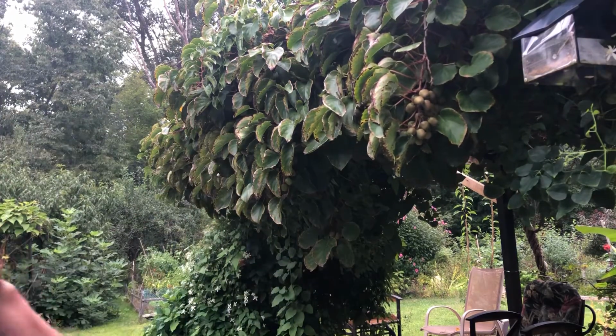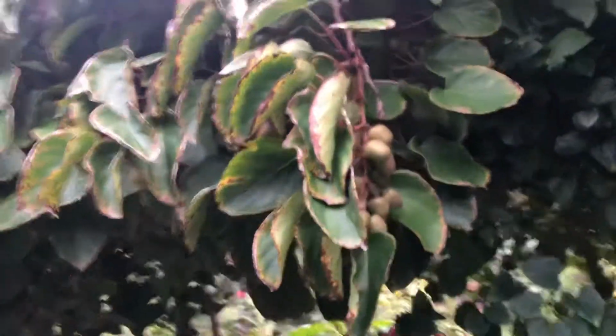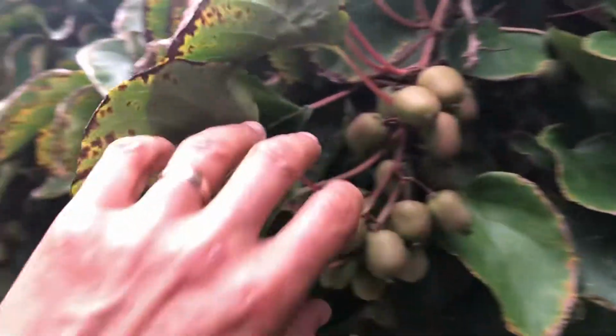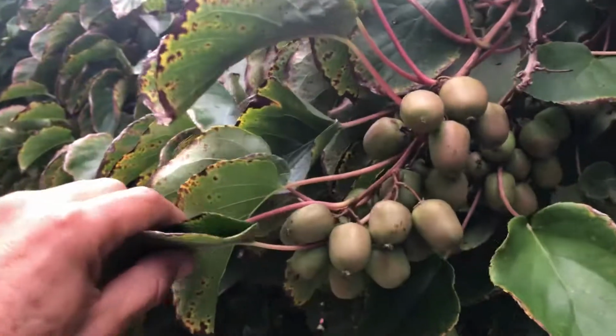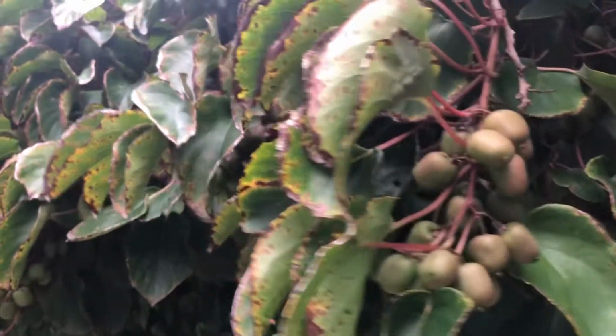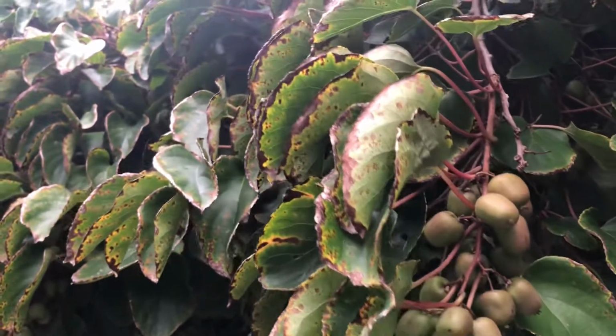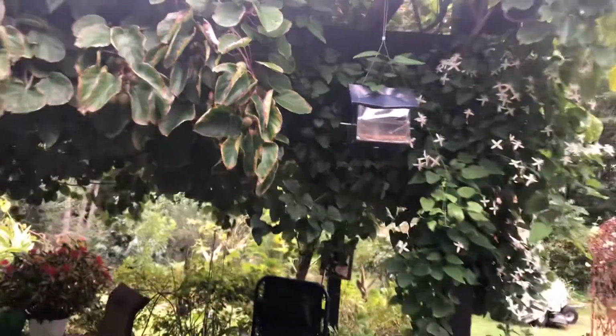Today we are going to show you these Arctic kiwis. These Arctic kiwis are a variety of kiwi that are not your typical tropical kiwis. As the name says, Arctic kiwi, this one grows in the cold area. This is New England Zone 6B, and as you know, the temperatures here can go as low as minus 5 degrees Fahrenheit. So today we're going to step back and show you my pergola, which is my sitting area here,